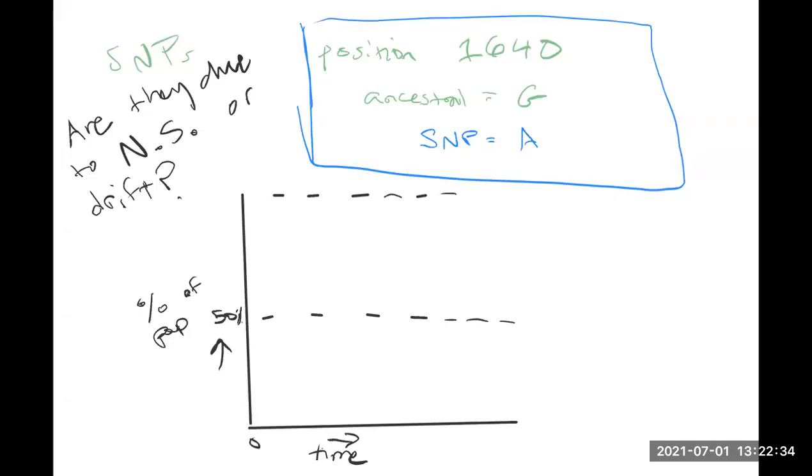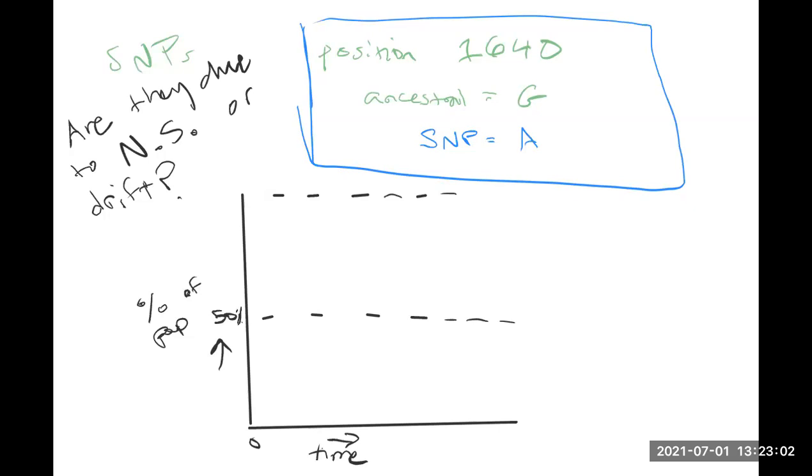Okay, so how do we tell if a SNP is being caused by natural selection or drift? When I say being caused by, I mean, why is it increasing in proportion in the population? Is it due to natural selection or due to drift? One of the things that we could look at is the proportion of the population that carries this